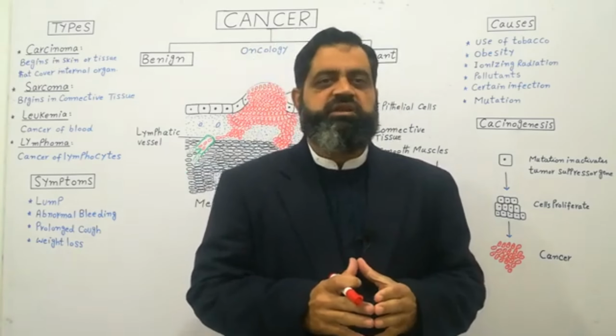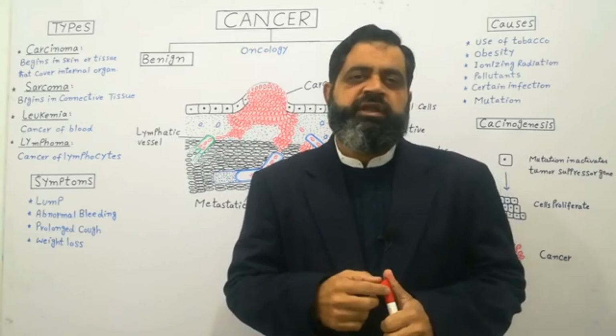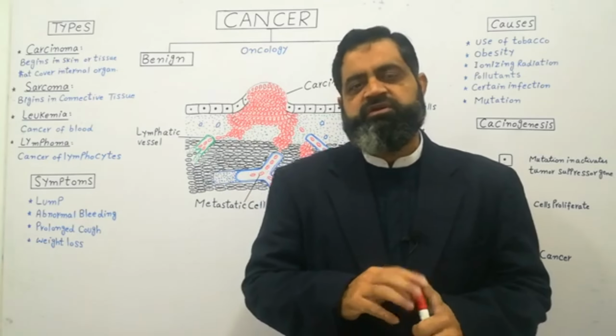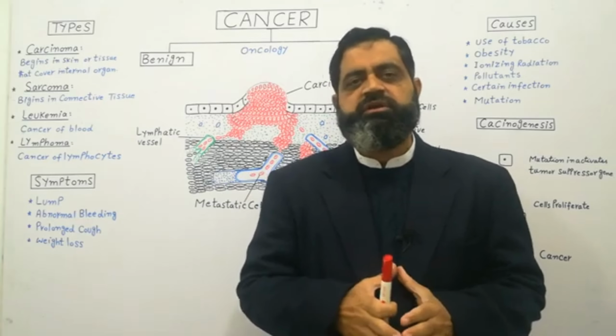and they are also less differentiated than normal cells. So in this way we can find out whether this is a normal cell or a cancerous cell. If cancer is diagnosed, then its stage is diagnosed, that is, in which part of the body the cancerous cells are present. After diagnosis, the treatment occurs.